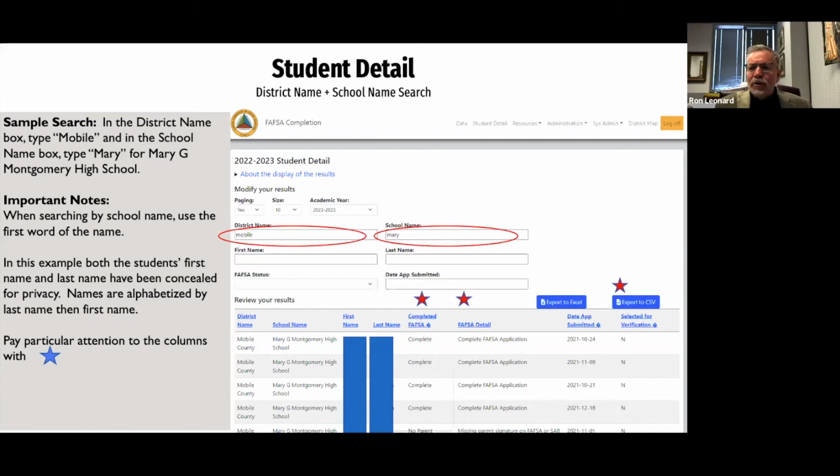We show the most common error messages, which are the student hasn't signed the web version, the student hasn't signed the print version, the parent hasn't signed the web version. And then the last column, verification, is not as important as it has been in the past.